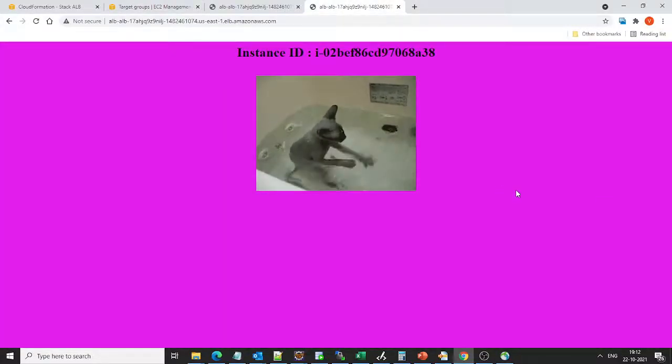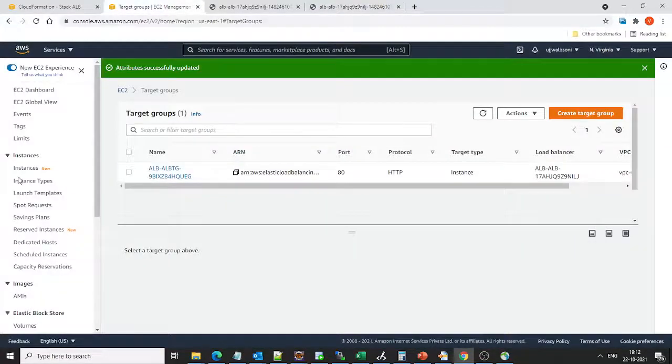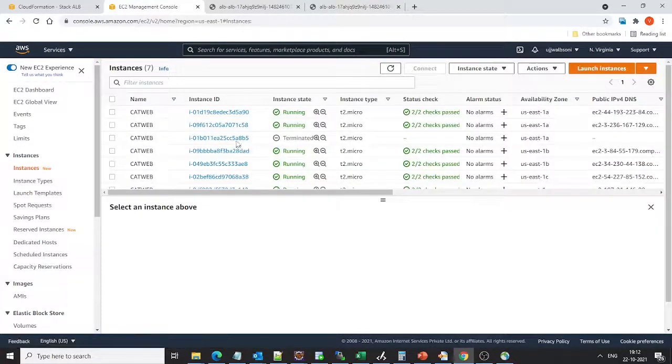I'm refreshing the load balancer DNS page. As you can see, it is getting served from a particular instance ID. Let's search this instance ID in our EC2. Yep, it is getting served from this instance ID.